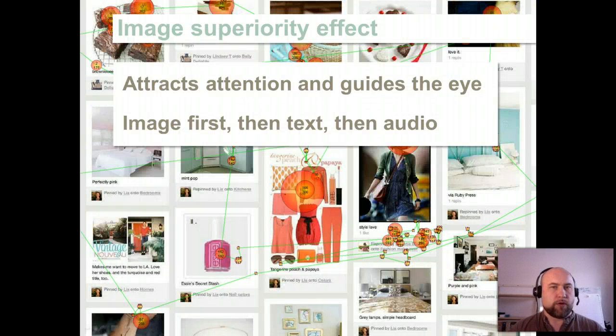In visual communication, we often talk about the image superiority effect, which simply means that if we're presented with an image with some text and some verbal communication, we will start by processing the image. So by knowing this, we know that we can use the images to guide the attention and to point out where the important things are. And the message that the image conveys will be spontaneously stronger than the meaning that the text conveys or what you're saying.